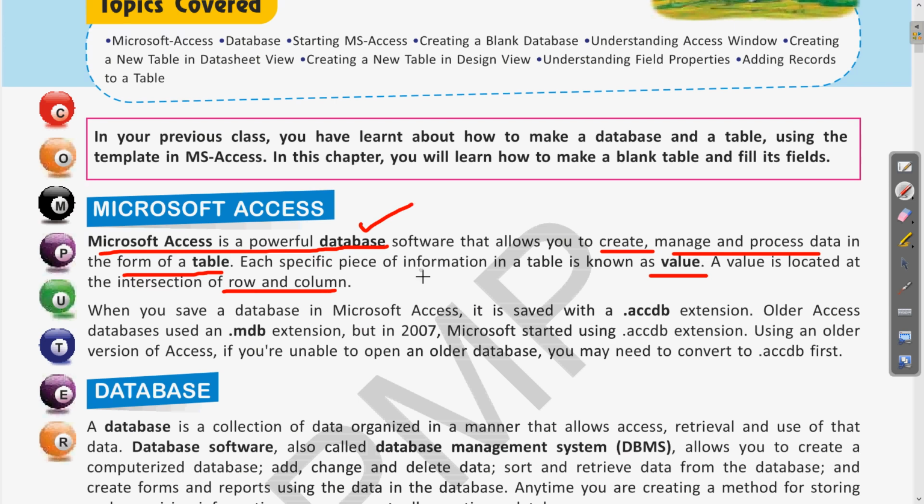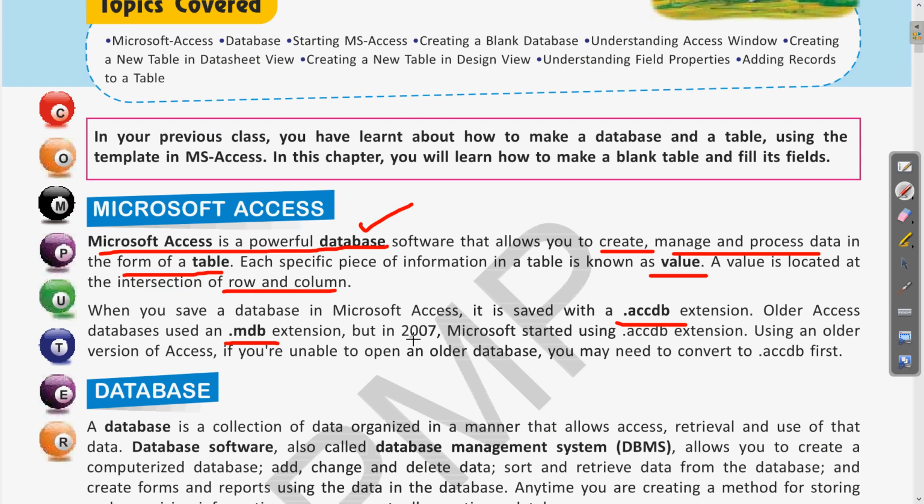If we talk about Microsoft Access, it is also database software, and the extension of MS Access files is .accdb. This is the extension for the new version. Earlier, the versions before 2007 had the extension MDB.